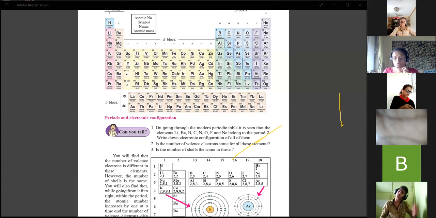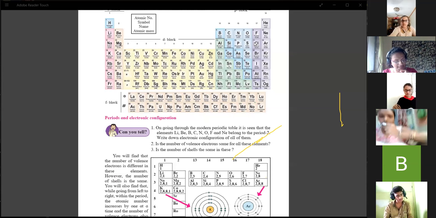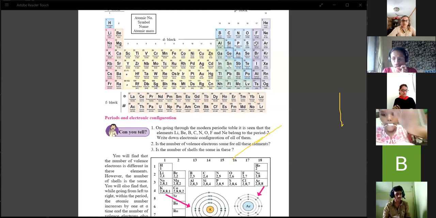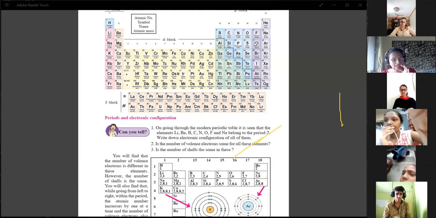Okay, now come to our exercise. I think first exercise question number 1 we discussed. Now come to the second. Some exercise we discuss and the remaining you have to complete in your exercise book, and when our next lecture is there, everybody show me the exercise. Send a pic in the WhatsApp group. Part 2 first chapter, part 2 second chapter, and part 1 second chapter are complete. Now in the next chapter.